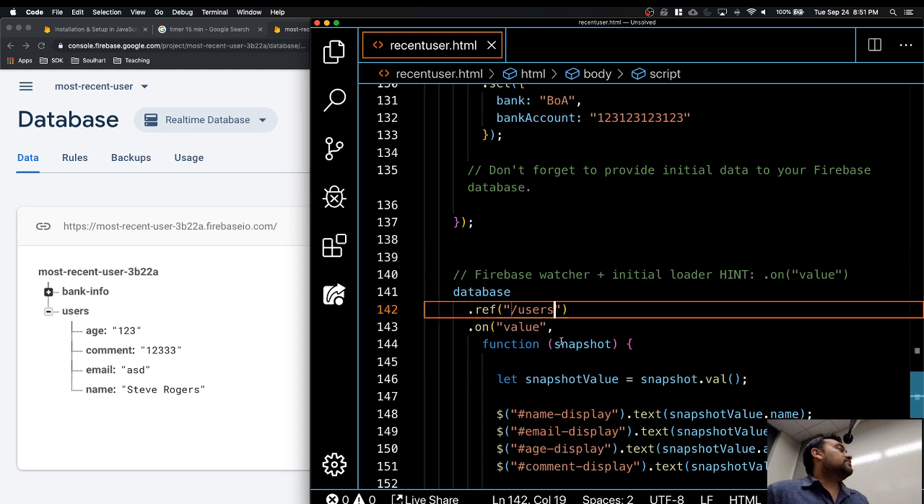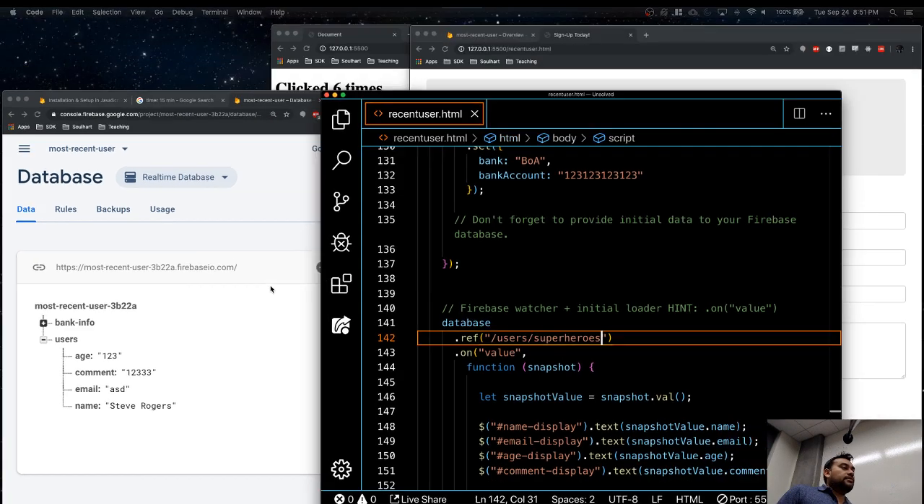What if I do this also? Maybe my users are either superheroes or non-superheroes. So what is this going to do? It's going to create a collection users, and within that it's going to create a sub-collection superheroes. Okay? So if I add this,